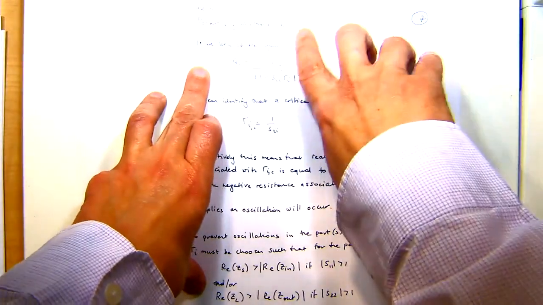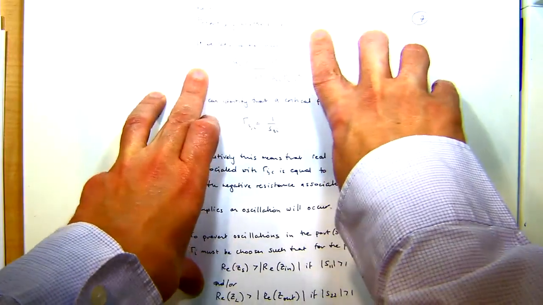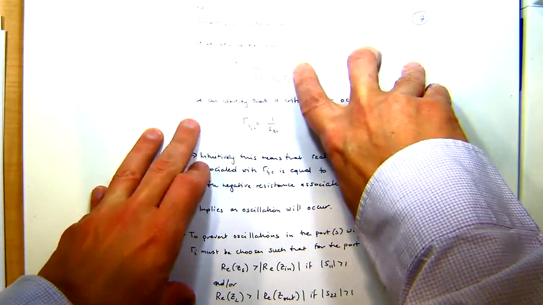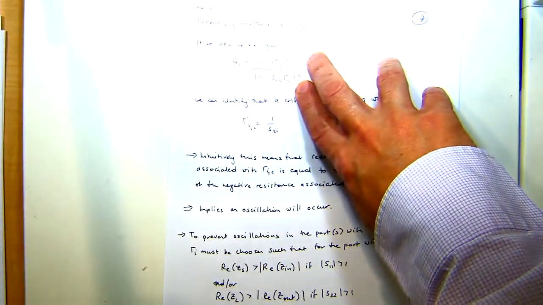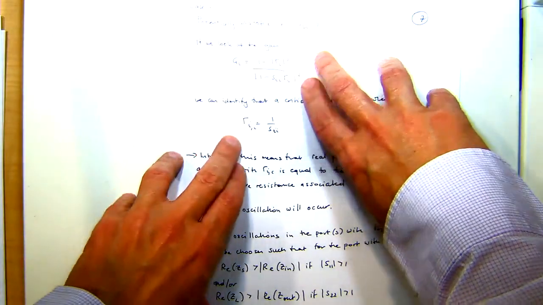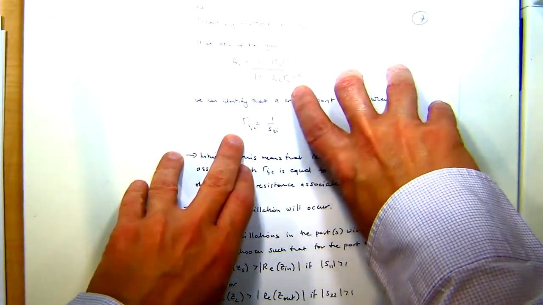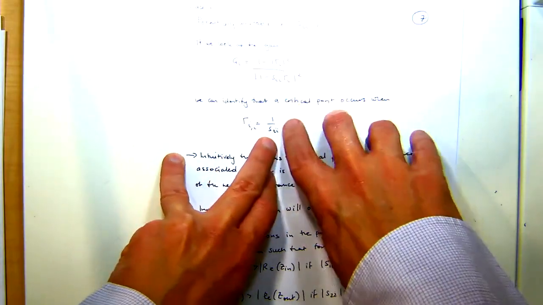So that's essentially all we're saying. We've got an active network, S11 is greater than 1. Let's look at the gain again. And if we look at this gain, and this could be either for the load network or the source network, we can actually see that a critical point occurs when gamma I is equal to 1